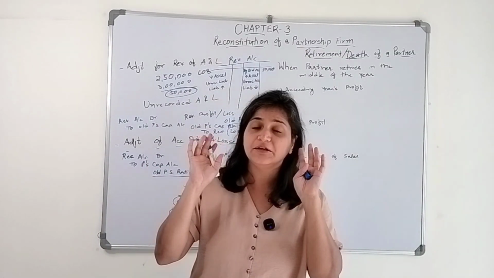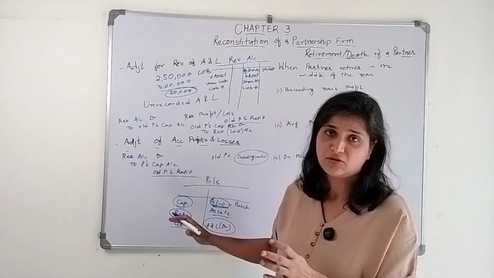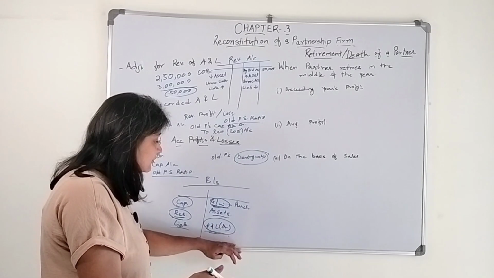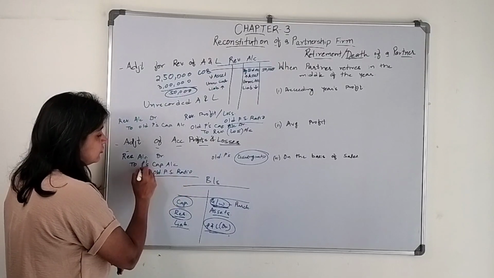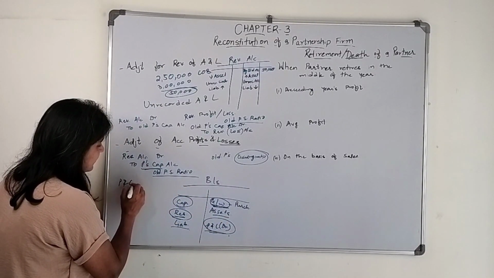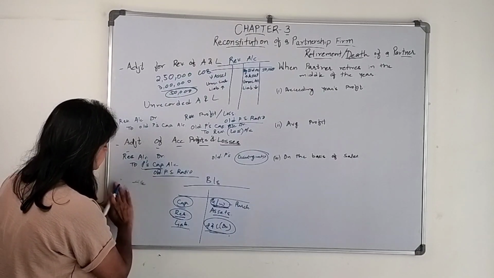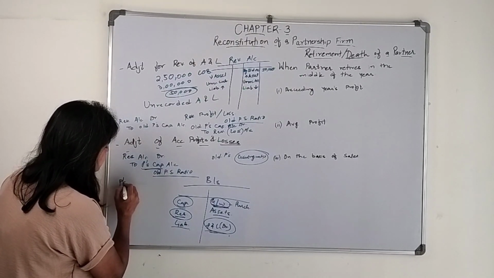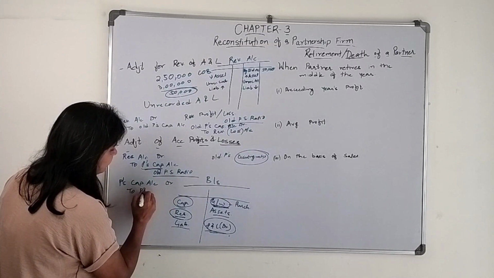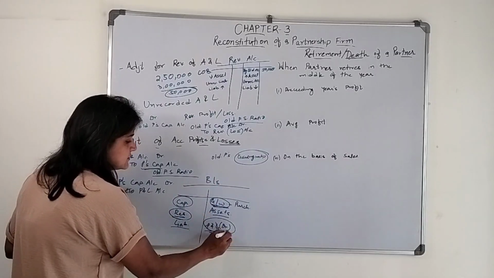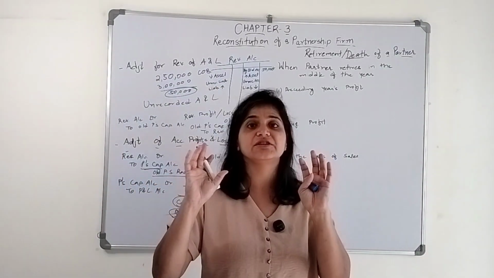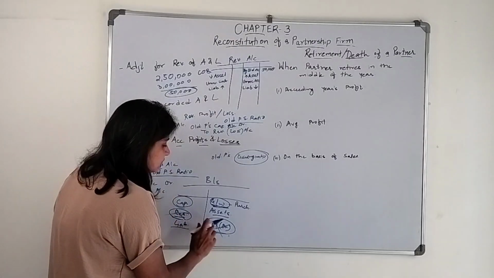That's it. You just need to keep this in your mind and it is easy to solve, right? Similarly, if there are certain accumulated losses, these losses also belong to the existing partners, the old partners, and we need to close it. What will be the entry? Profit and loss account, sorry, this is a loss. So partners capital account debit to profit and loss account, and this account will be closed. And these things we are not going to show in the new balance sheet, just for your information.